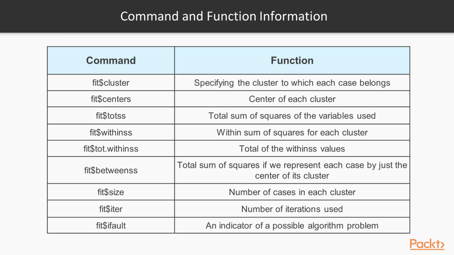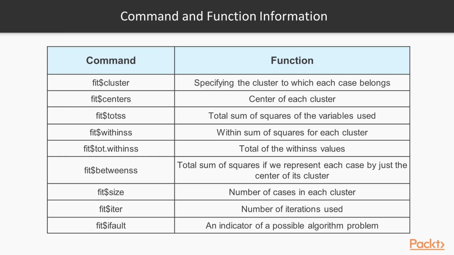Next is withinss, and it is the within sum of squares for each cluster. Next one is tot.withinss, and it is the total of the withinss values. betweenss is the total sum of squares if we represent each case by just the center of its cluster. The size is the number of cases in each cluster. Iter denotes the number of iterations used, and the final one is ifault, and it is an indicator of possible